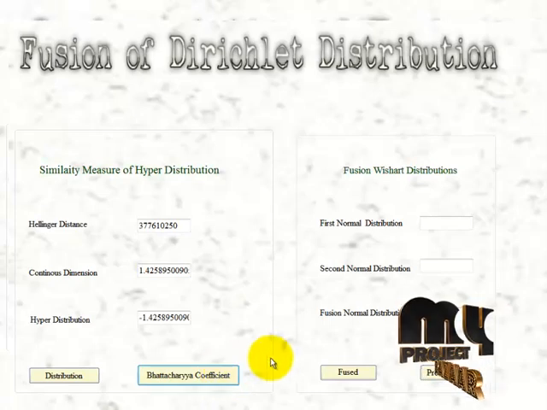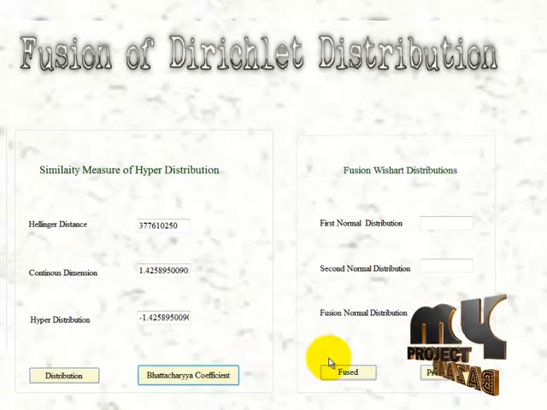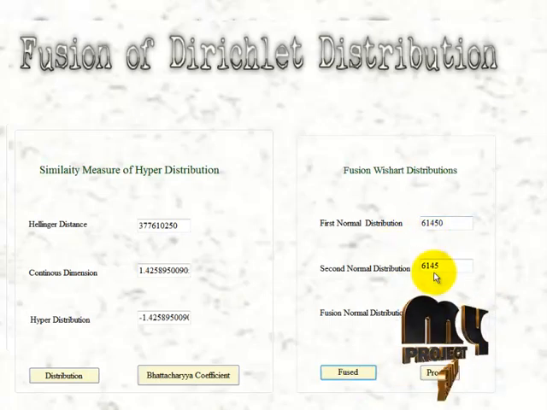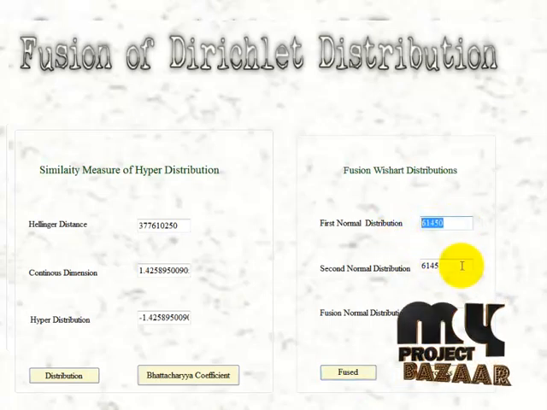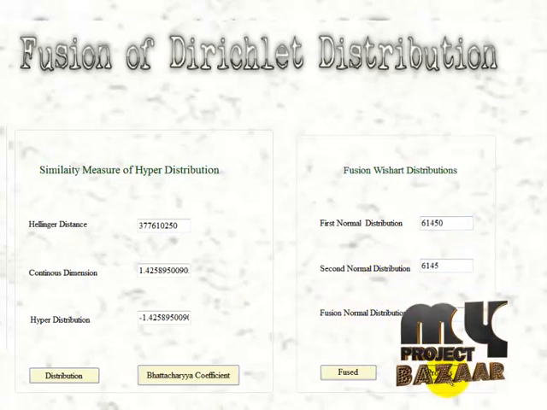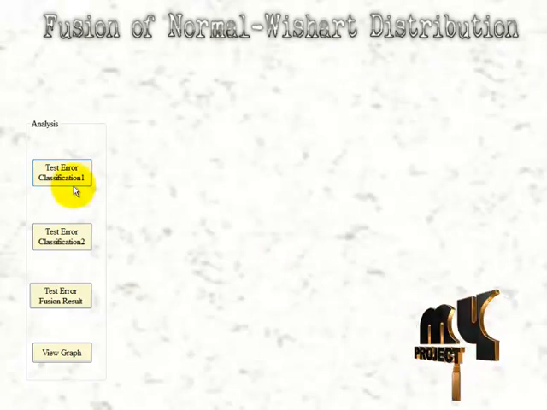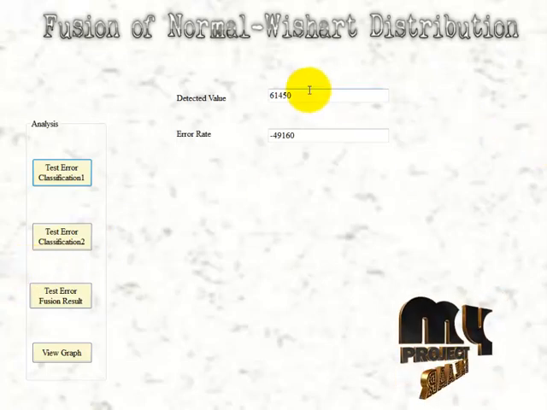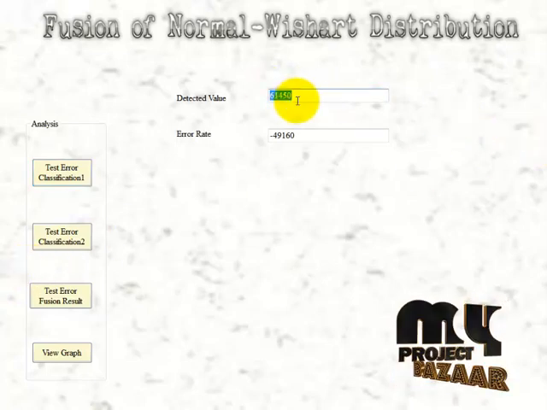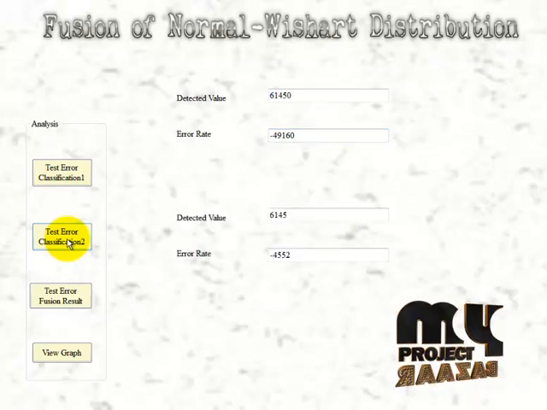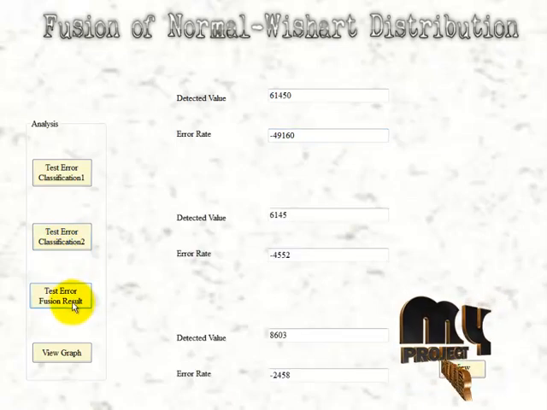And when I click on this fission with chart, when we go with the fission with chart distribution, here we have found the fused values, that is the first normal distribution, second normal distribution, and the fission, based on the first classifier, second classifier, and at last we are finding the third classification process will be loaded here. What has occurred, we are going to distinguish: first we checked the test error of classification 1, where the detected error value is 610450, but the actual error found is 4960. The rest of the data were passed, and the same thing for classification 2, and it's a whole set of data.